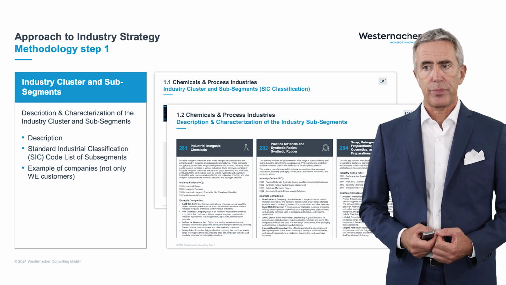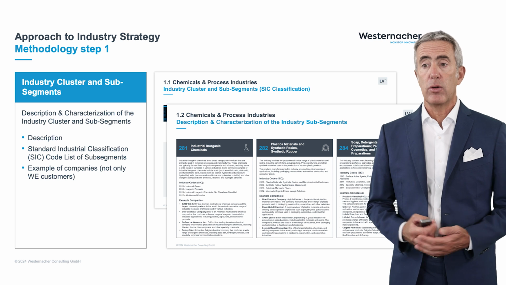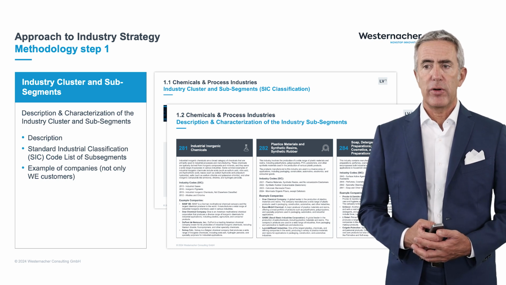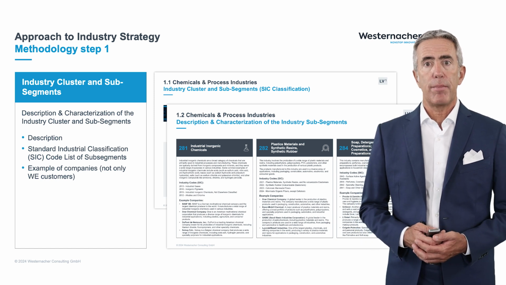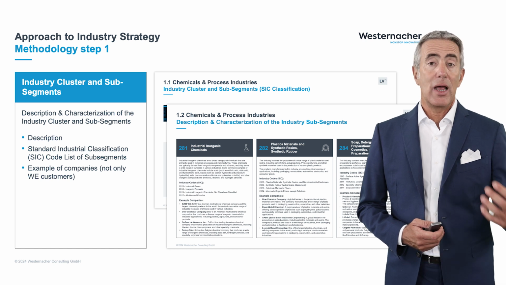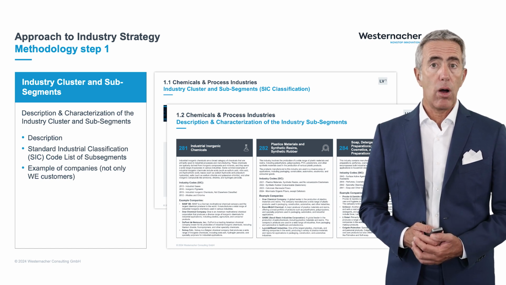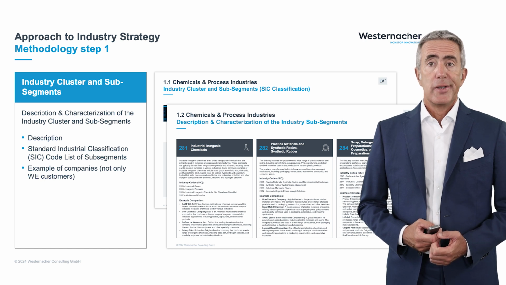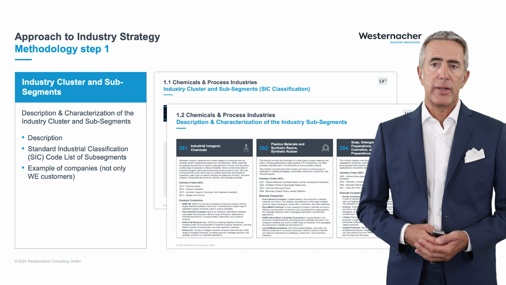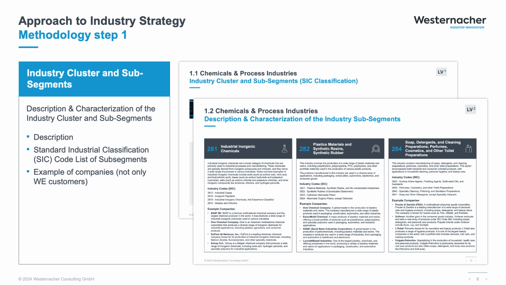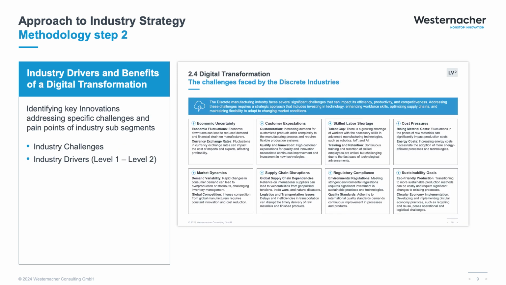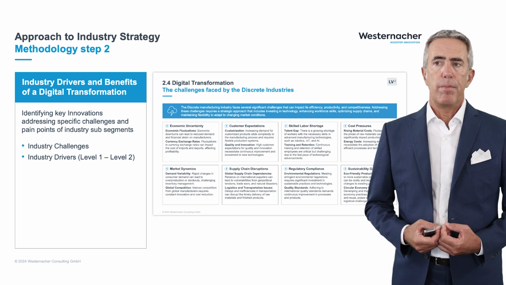Like, for example, for the industrial inorganic chemicals, we have BASF, Dow Chemical, or other specific companies that belong to this industry, as an example of a typical company belonging to a subsegment. So step number one basically defines the description of the industry, the standard industrial classification code, and examples of companies. In our methodology, as step number two, we define what are the typical industry challenges that